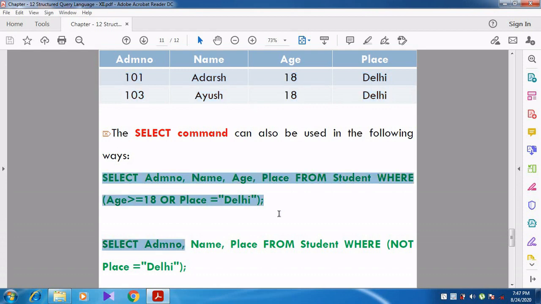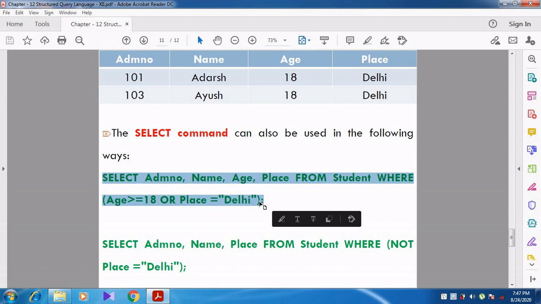The select command can also be used in another way. We can use the OR condition. So select admission number, name, age, place from student where age is greater than or equal to 18 or place equal to Delhi. Now what will happen? If either one condition is true, the output will be displayed. For example, if the student is coming from Delhi but his age is not greater than or equal to 18, will the data be displayed?